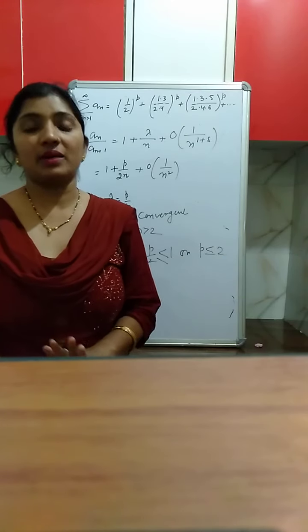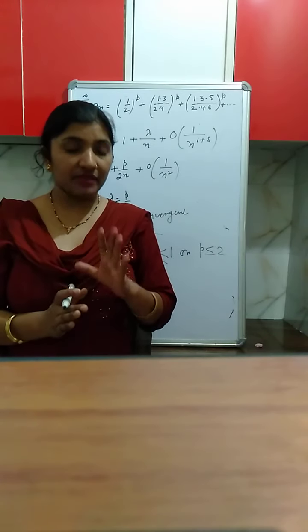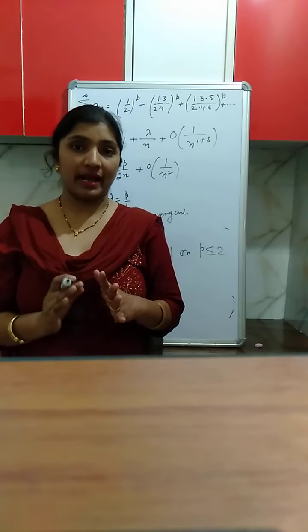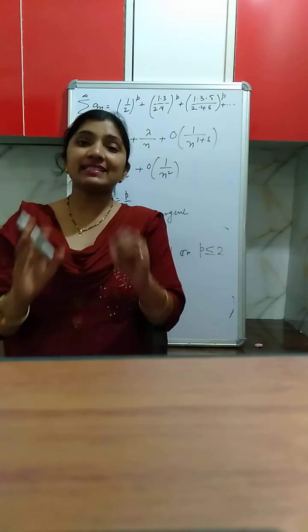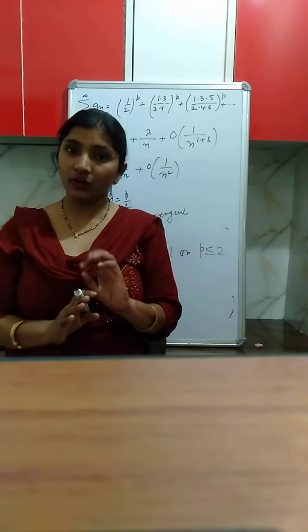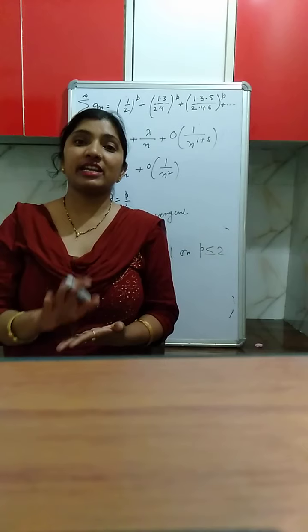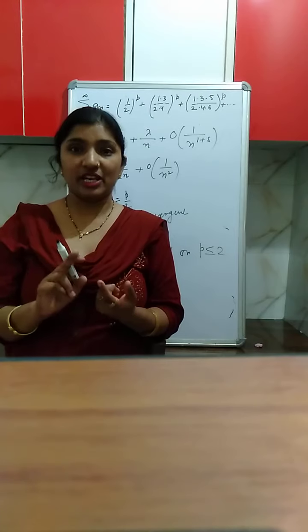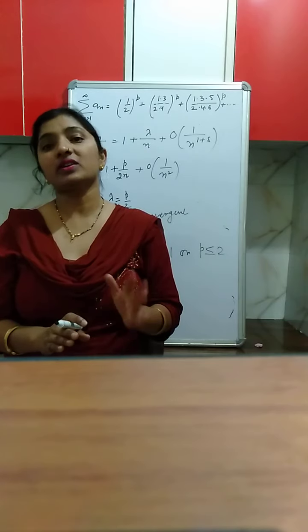Okay, that's all about the tests I have discussed for positive term series. If you want to check which test is more applicable, keep in mind that first we apply the ratio test, and if any series contains the power n in the nth term, we apply the root test. Okay, and if the ratio test fails and the expression a_n upon a_(n+1) contains e, meaning exponential, then we apply the logarithmic test. Otherwise we apply Raabe's test or the Gauss test.